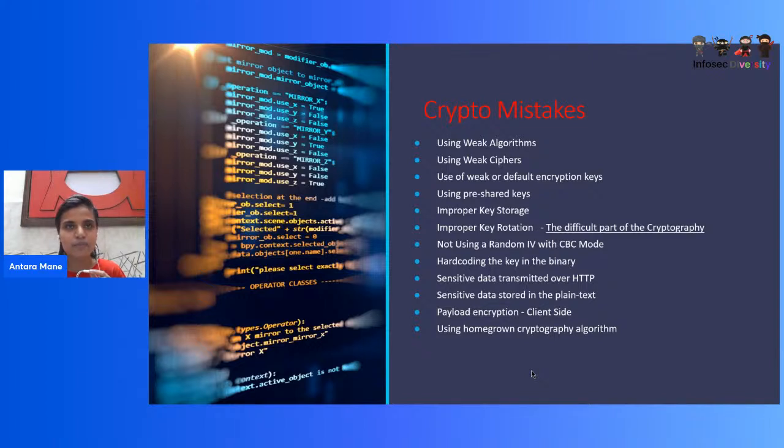So what is a random IV? IV is an initialization vector, right? That is basically used for data encryption. It is a random value that is used for data encryption. So basically when an encryption happens, it avoids multiple encryptions with the same algorithm and the same key, and when it is encrypted multiple times, it ensures that the resultant encrypted value is not